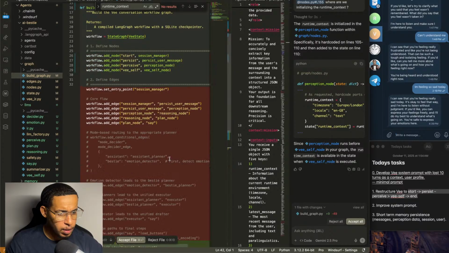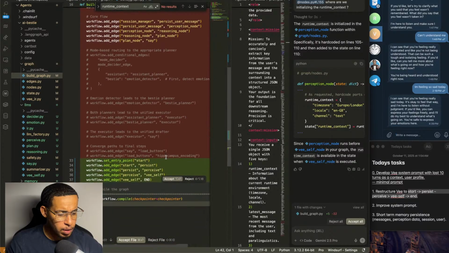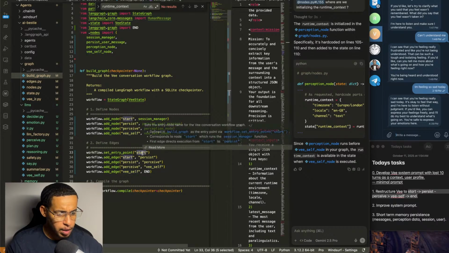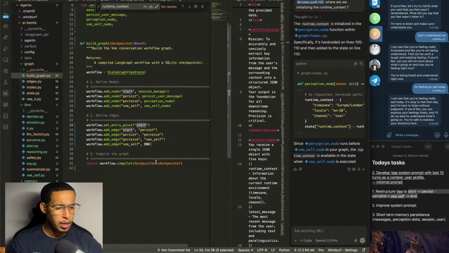Delete the stuff. So start. Now, we got start, persist, perceive, the self. The set entry will be start, and then from start to persist, and then from persist to perceive, and then from perceive to the self, and then done.